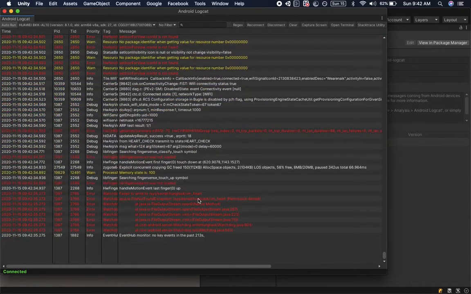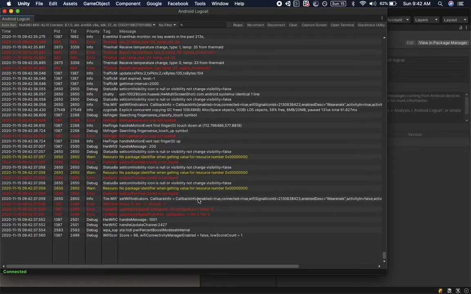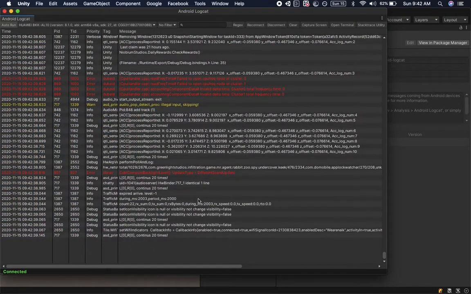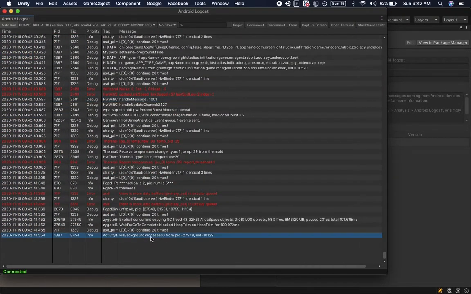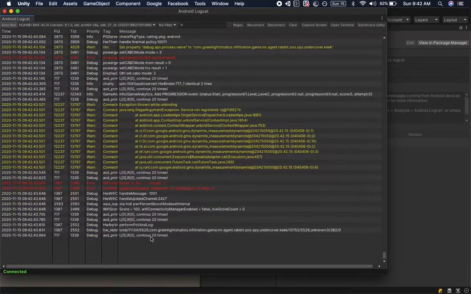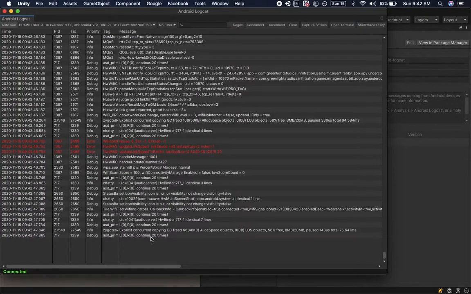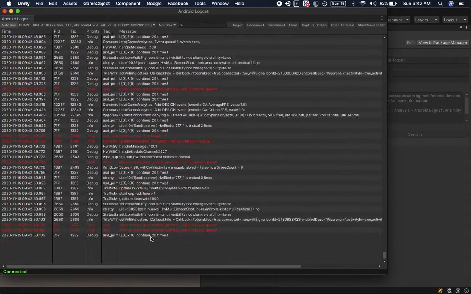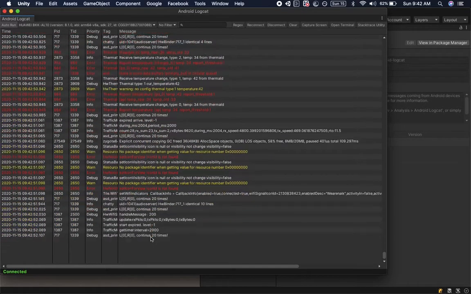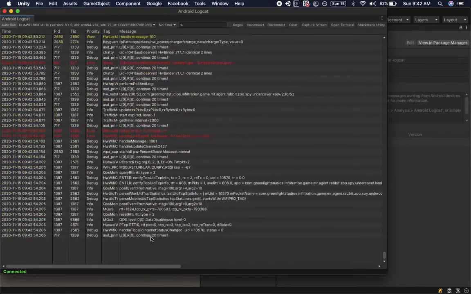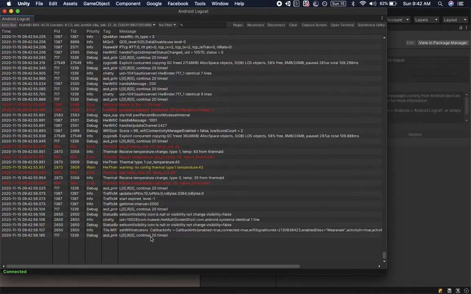device specifically. So even if, suppose, I open my another game, Mr. Spy, then you can see my game's debug logs are coming here. So I'm playing the game right now. It's the second level.